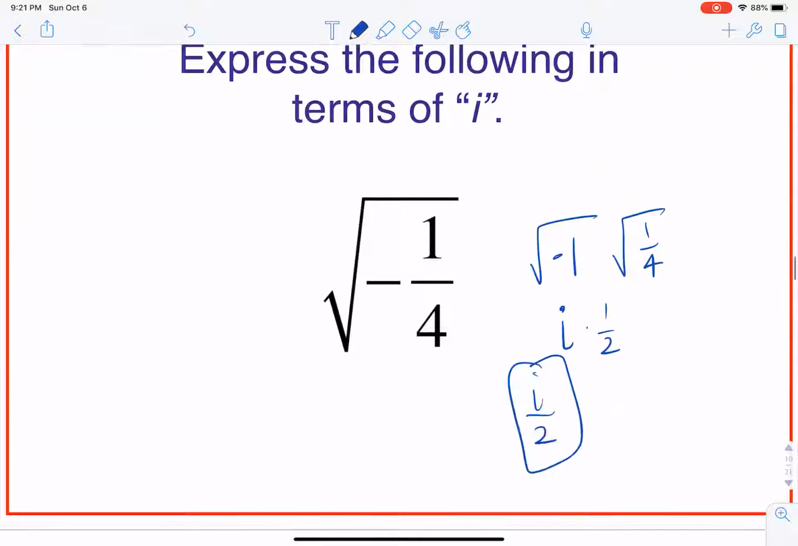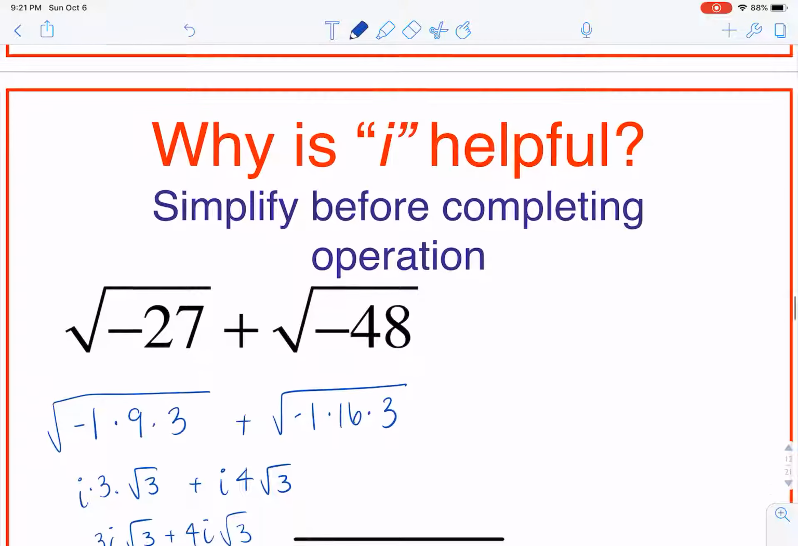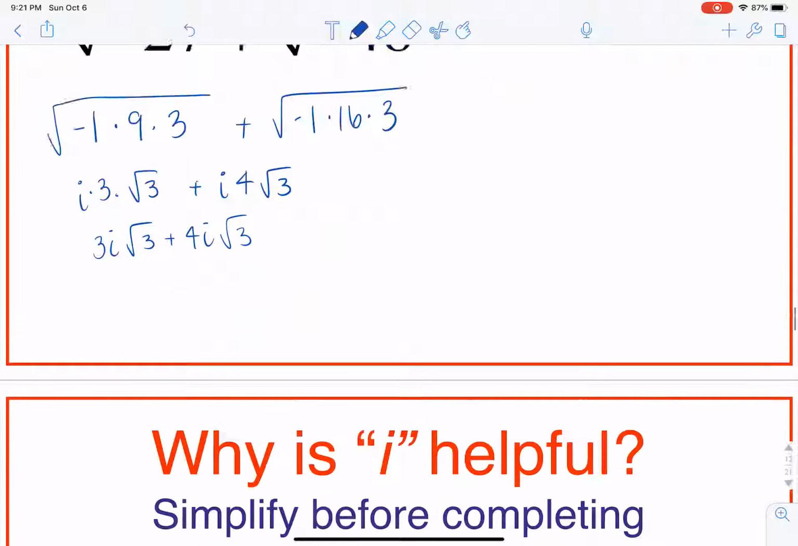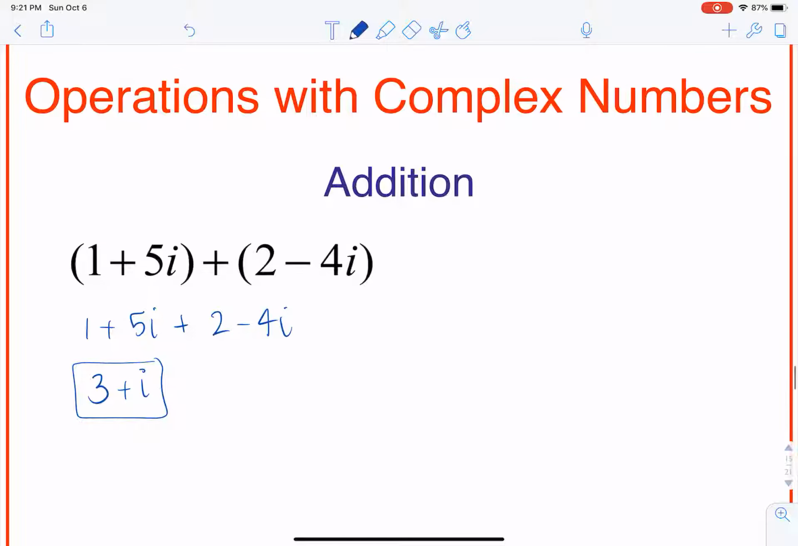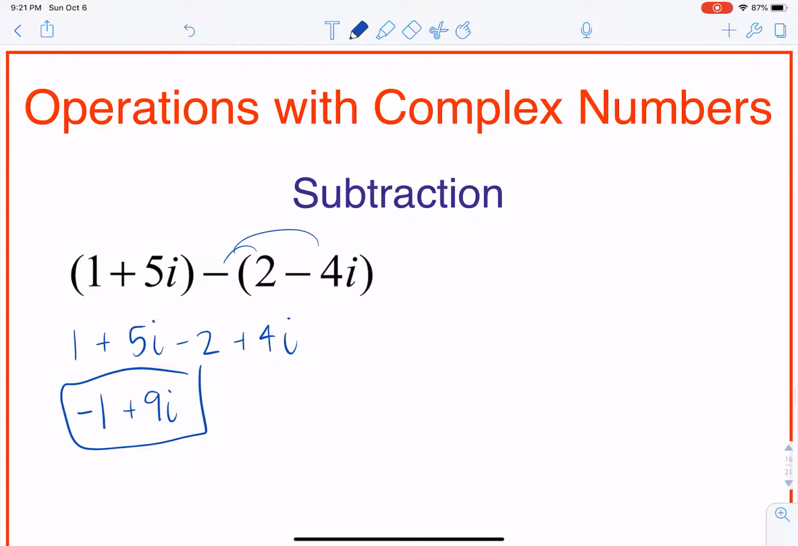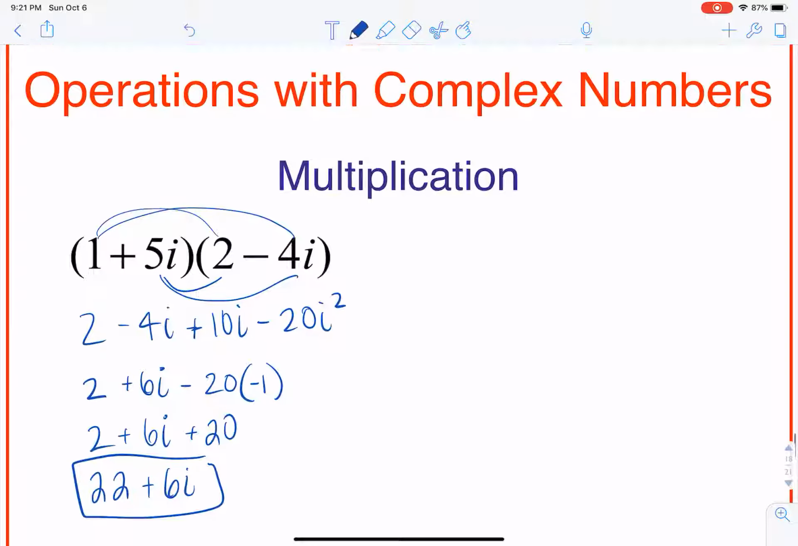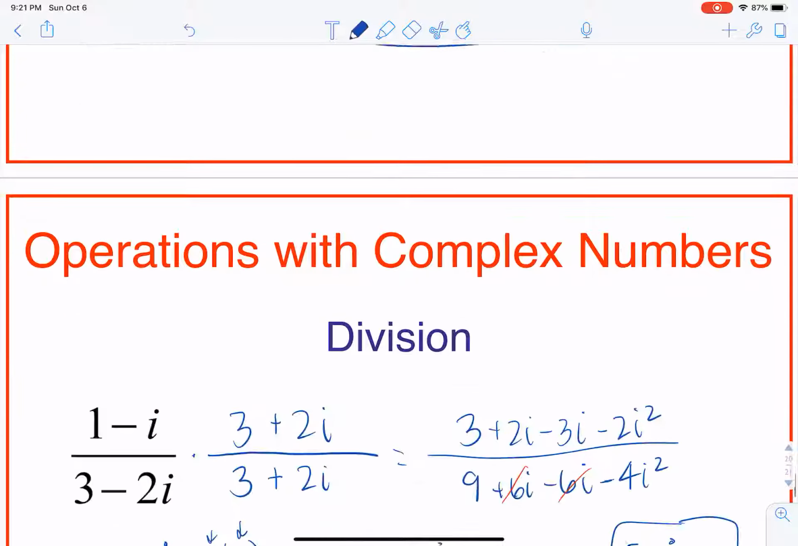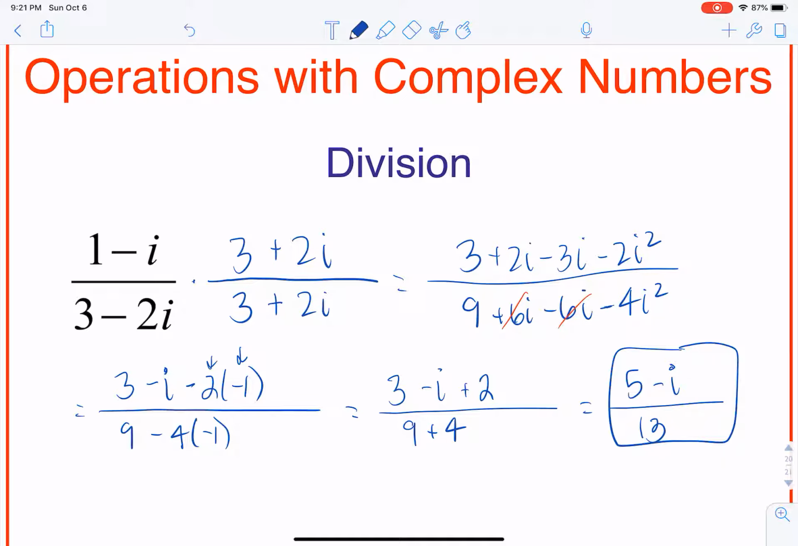Then we moved along and we did some addition, some subtraction, multiplication, and we did 2 division examples. So there should be a homework that follows along with this, and we can talk further about this on Tuesday or Thursday when we